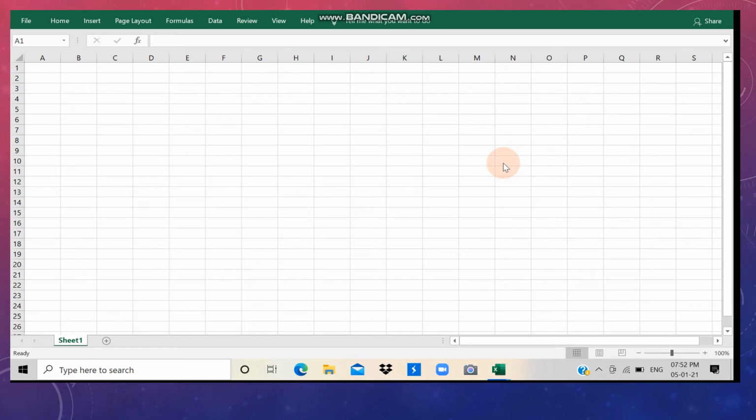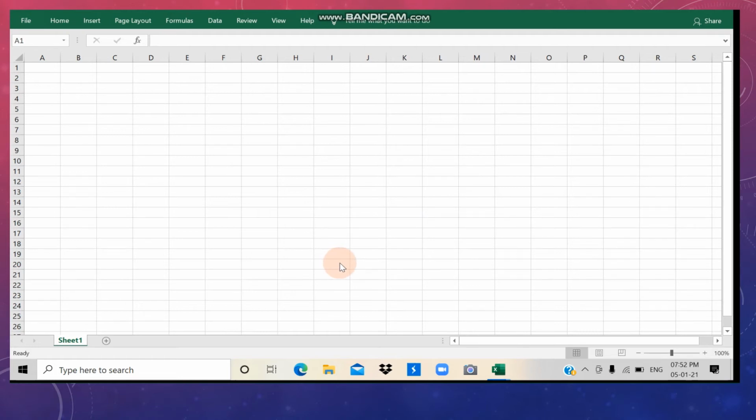Children, you have already seen the columns and the rows. Let us see what is a cell address. Today we are going to learn about Microsoft Excel. When you open Microsoft Excel, you will get this type of sheet.